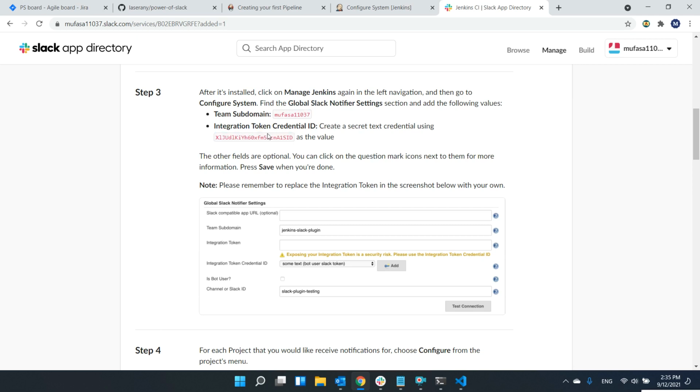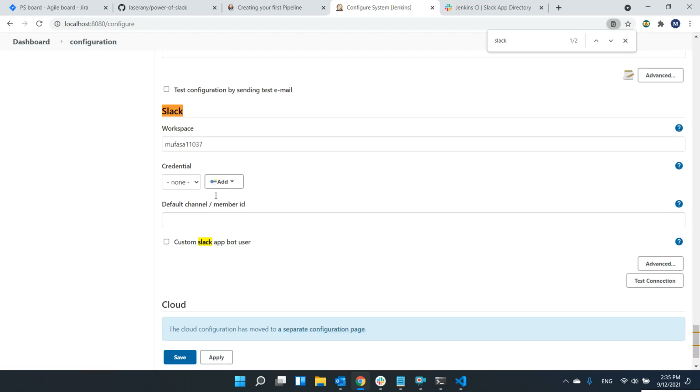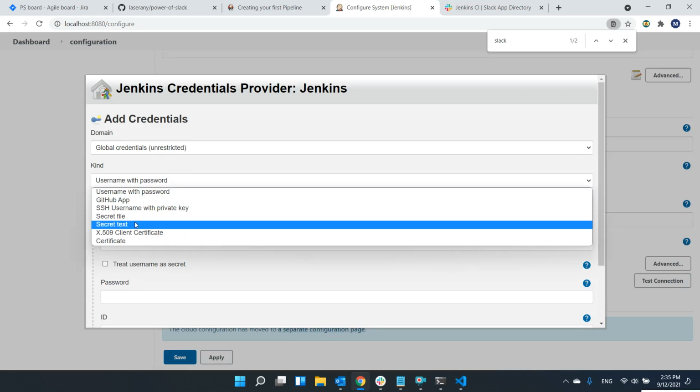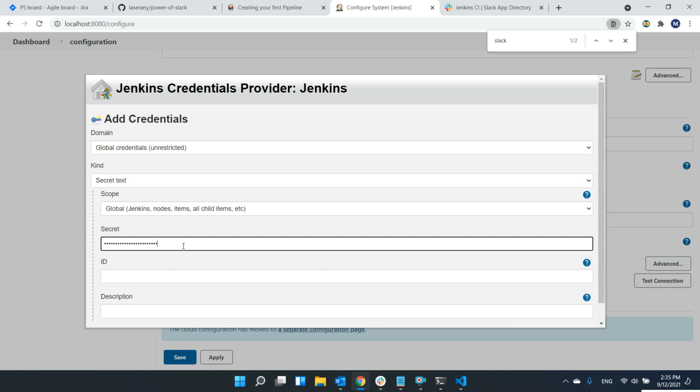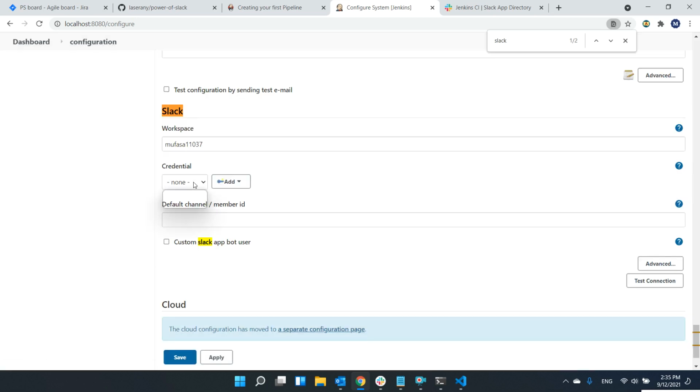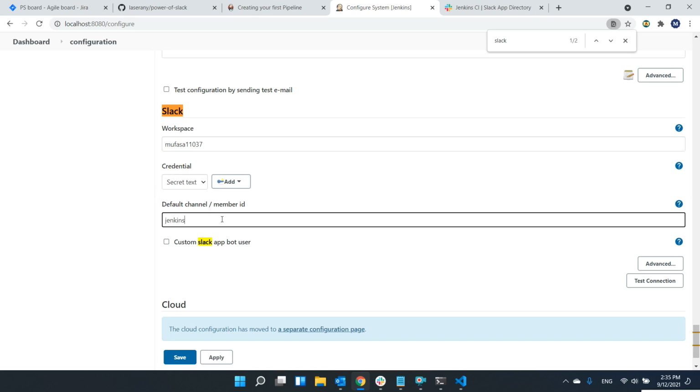And you need to add this token as a secret text. I will go ahead and click Add, Jenkins, and in the kind I will pick secret text. And I will paste the secret. Then I will hit Add, and I will add the secret text that I just created. And I can pick a default channel, so I'll go ahead and pick Jenkins, since that's the name of the channel where I will be sending my notifications to. I will click Save,